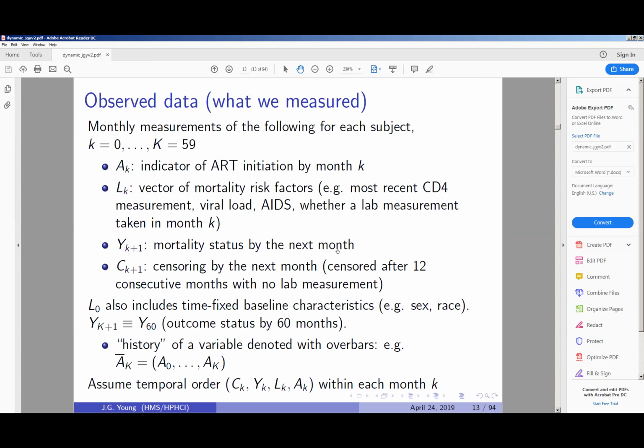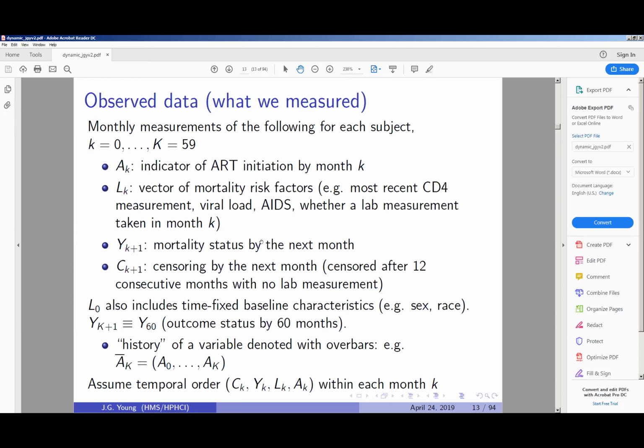So in the extreme case where everything is being assessed only when people come in for a visit, you have to make decisions. For example, you might have a much stricter censoring rule where you say, I'm going to consider part of my intervention that everyone is observed every M months, and you're considering interventions every M months, right? And so then you have to make stronger assumptions on censoring.